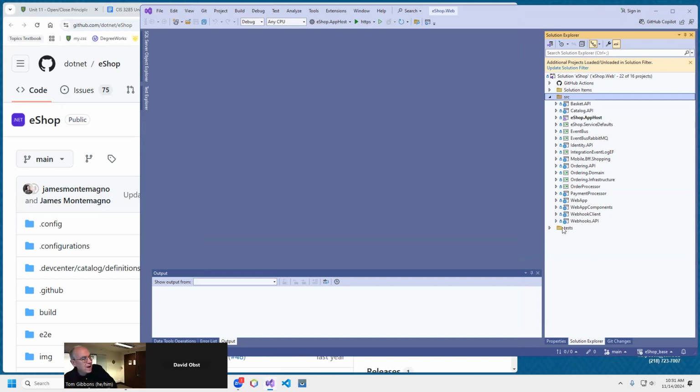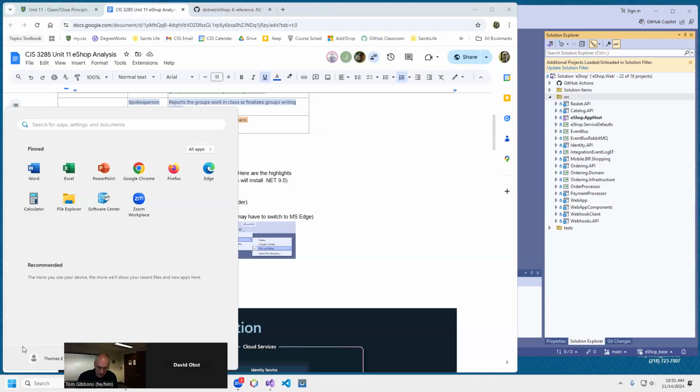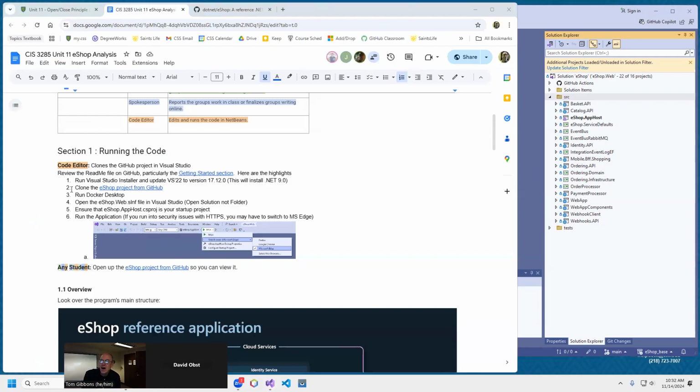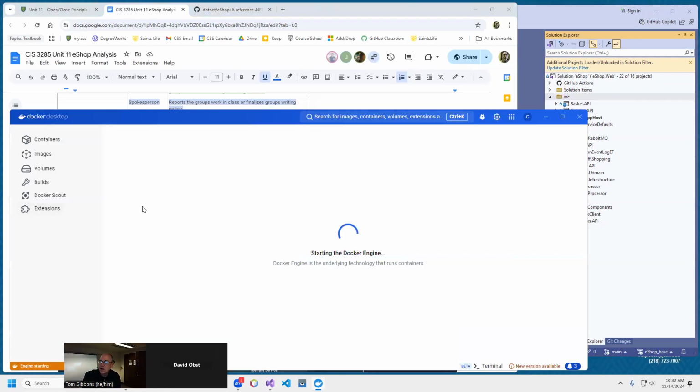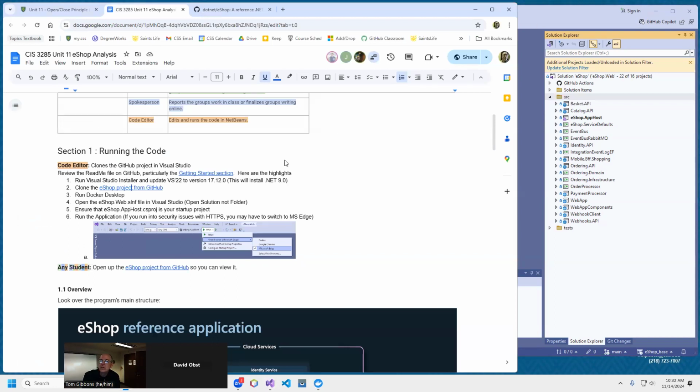This is a very complicated app, and it might not all get run initially. So we'll get that run. We clone the app. We have to make sure Docker is running. We've used Docker Desktop before, so we just have to run that and get it running in the background here. Initially there might not be any containers, and then when you run this, we've got Docker